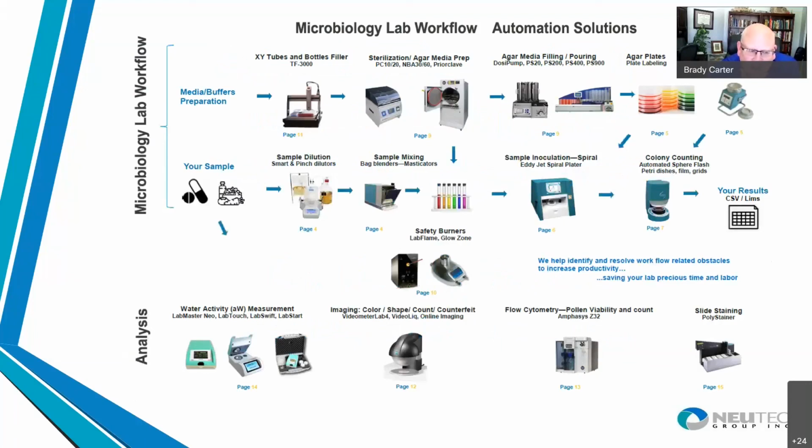And this will cover, in terms of the solutions that were utilized, the whole range of product offerings from NewTech Group. As Orna introduced, NewTech Group is a distributor for several different types of equipment, covering everything from automation in a microbiology lab to flow cytometry. You can see an example here of the workflow of these automated solutions, how they can be implemented in a laboratory setting